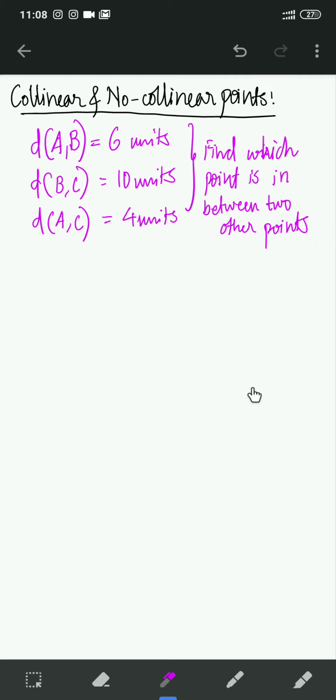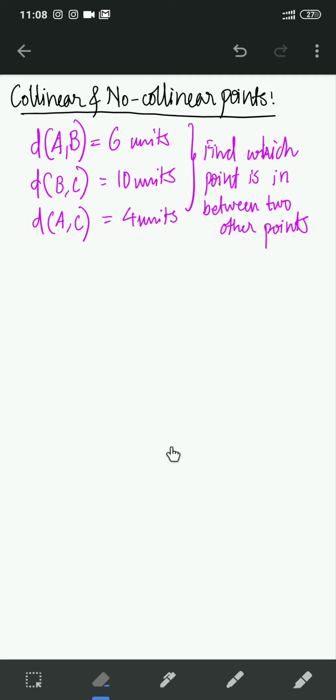So this whole discussion is what we call betweenness. We are trying to find out the betweenness of a point. The order could be A, B, C. Now this is how we show collinearity. Obviously these 3 points are collinear, and symbolically they are written like this. What this means is B is in between. Now we cannot say that. Even this is possible, correct? Even this is possible, or even this is possible. So out of these 3, which one is true? That is what we need to calculate. Okay, let's try to find that out.